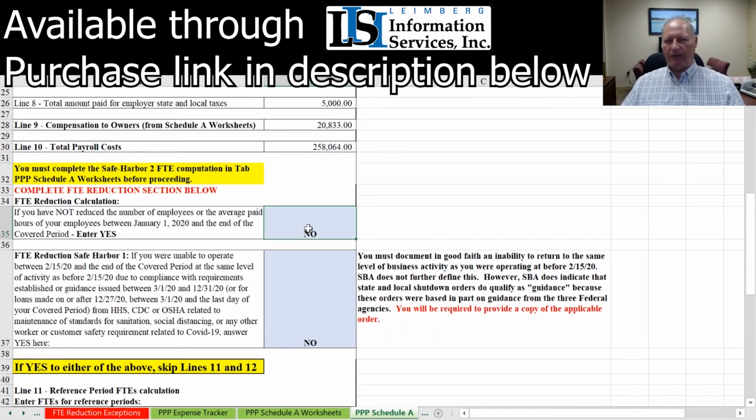You don't have an FTE reduction quotient to even worry about. There's Safe Harbor number 1, which says that you are unable to operate from the period February 15, 2020 to the end of your covered period at the same level that you were able to operate on February 15th, 2020, because you were following guidance or an order issued by a state or local government, it could be county or city, that was relying on guidance from the CDC, the HHS, or OSHA, stipulating rules of operating your